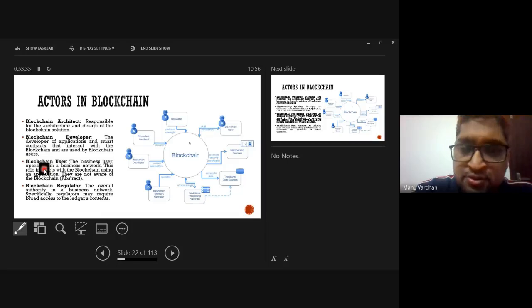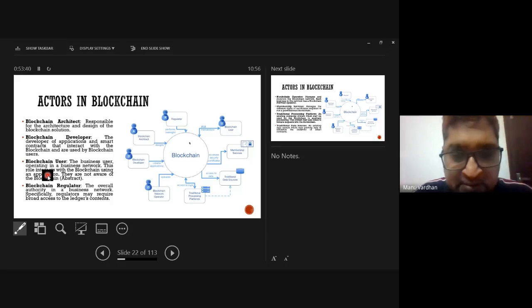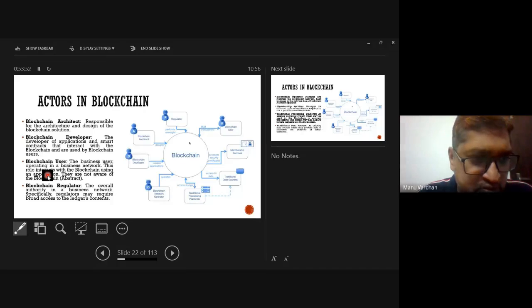Then we have blockchain users. Blockchain users are like you and me, who are using the blockchain for making transactions for a particular commodity. It can be anything: voting, land revenue, the healthcare system, using some cryptocurrency. The business user operates in a business network and interacts with the blockchain using an application,